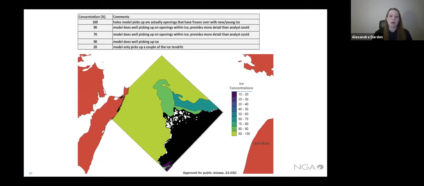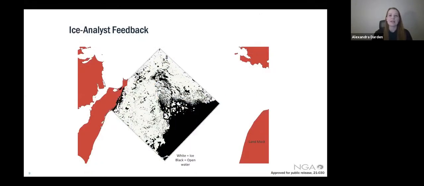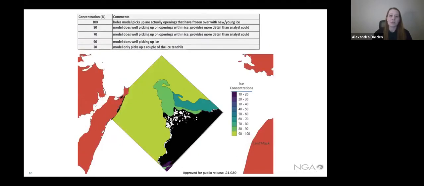Overall, it did a great job picking up unconsolidated ice seen in the pea green, or what I see as pea green, color that makes up most of the image. If you go back to the previous slide, though, we notice within the consolidated ice, it's indicating openings, and to the untrained eye, they appear to be ice-free in the RadarSat-2 image. However, they have already frozen over with new ice, or ice less than 10 centimeters.